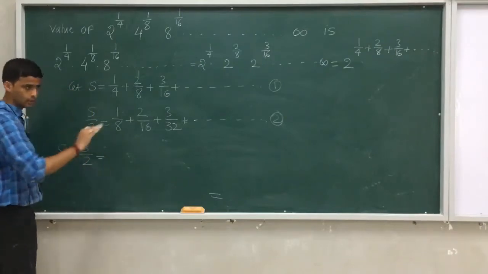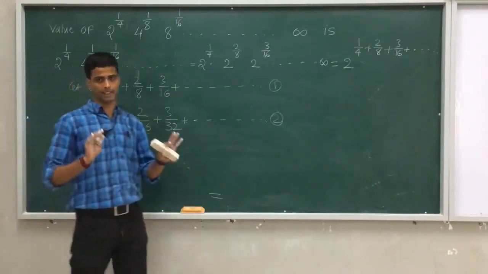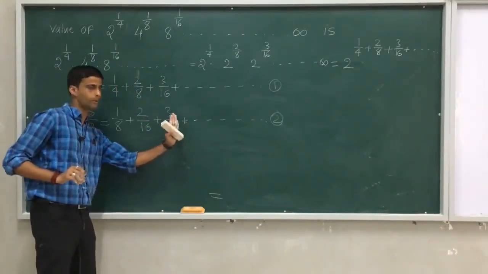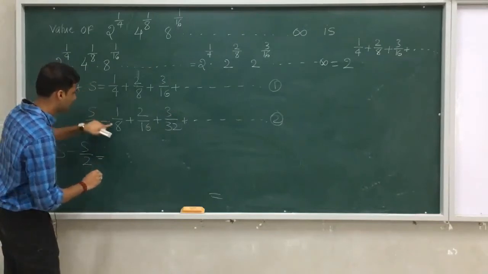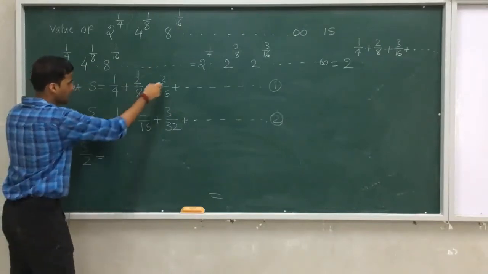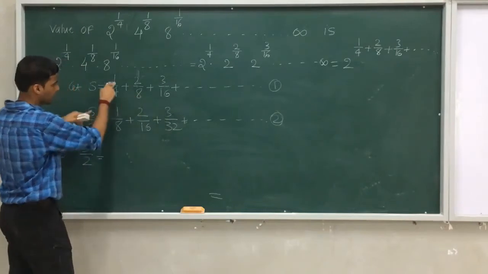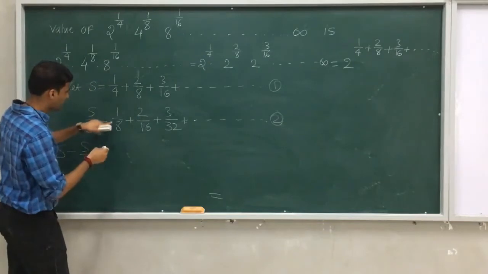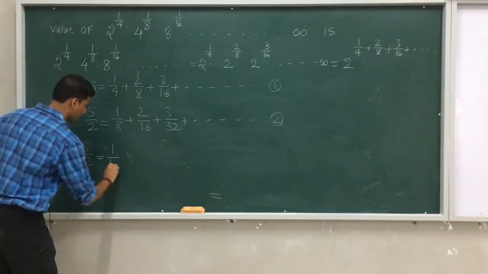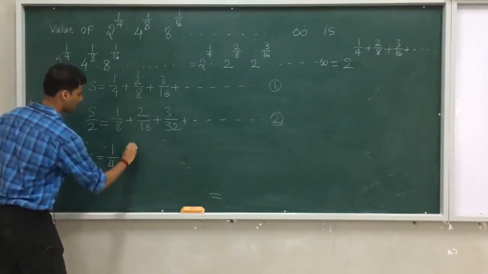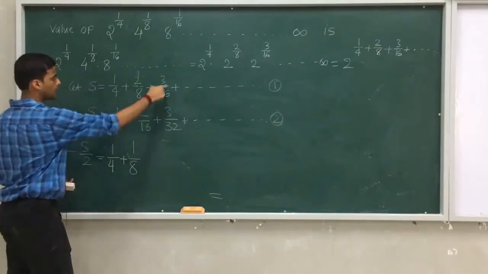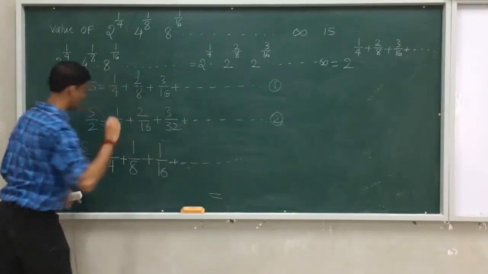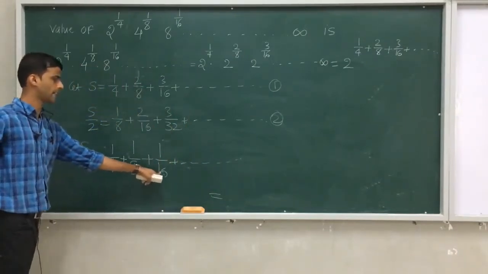So what I will do here is use the method of difference. I will shift this term one step forward. I will write 1/4, here nothing. I will subtract this with this, this with this, this with this, because if I do 1/4 minus 1/8, 2/8 minus, there is no connection at all. Therefore I will do 1/4 minus nothing, nothing means 0, that is 1/4. Next, 2/8 minus 1/8 is 1/8. 3/16 minus 2/16 is 1/16. The story continues. 4 2s are 8, 8 2s are 16. It is again a GP.